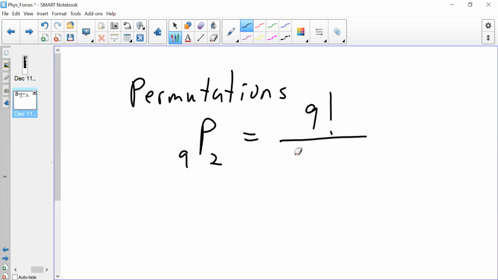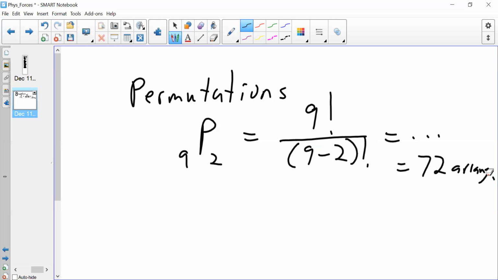So we have 9 factorial over 9 minus 2 factorial, and I do all my stuff and I get up to about 72 arrangements, of which I got about 28 to 30 unique combinations, because not all of those arrangements are unique. Some of those arrangements repeat, but never mind that. So that being said,